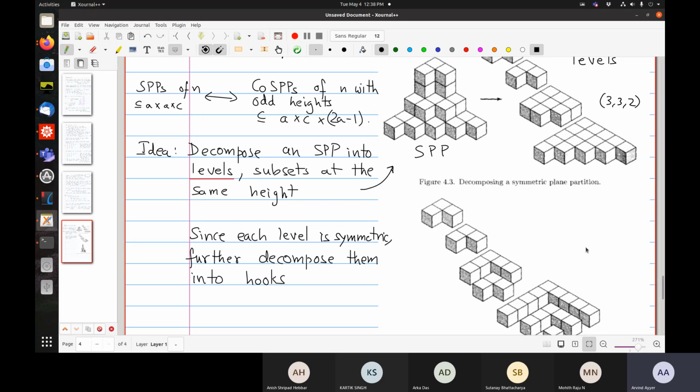You decompose it into hooks of sizes 5 and 3. So this is the 5 hook, the outer hook, and then the inner hook. I think this was used in one of the homework problems to find the generating function